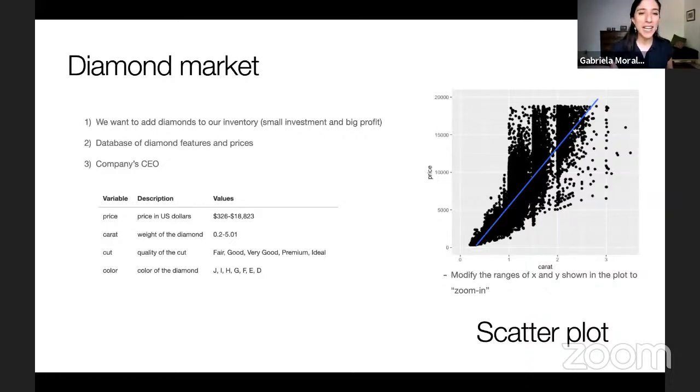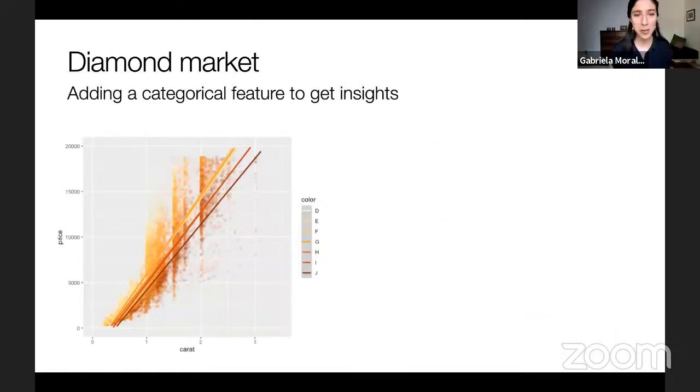So what if you want to add a categorical variable here? Since I spoiled it and you already saw what I did, I actually used different colors in the same graph to show the slopes for each one of the colors that you have. In the same graph, you can add a categorical variable, and that's pretty easy in R, and it looks very nice. You will learn all that, and the code that I will share with you will have it.